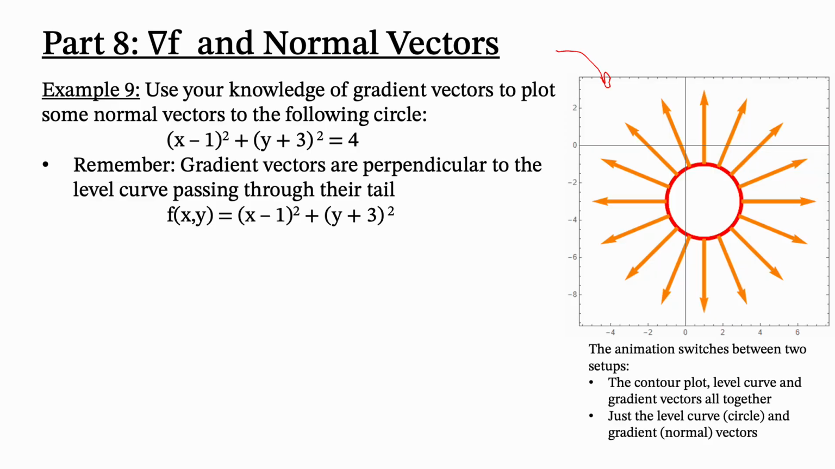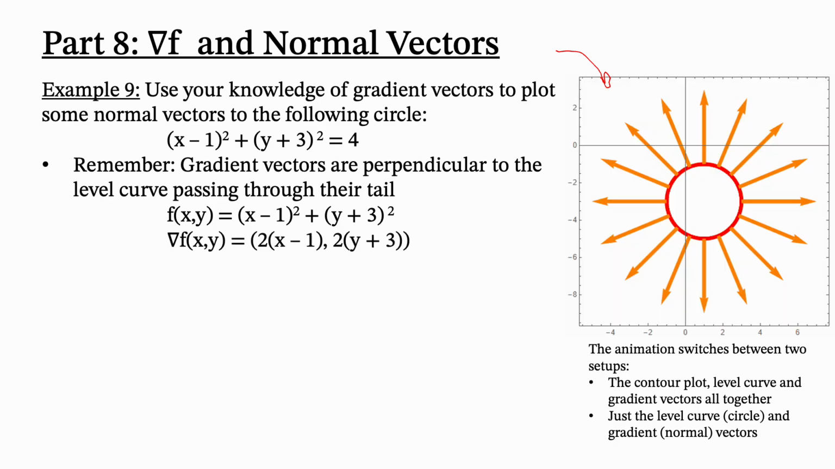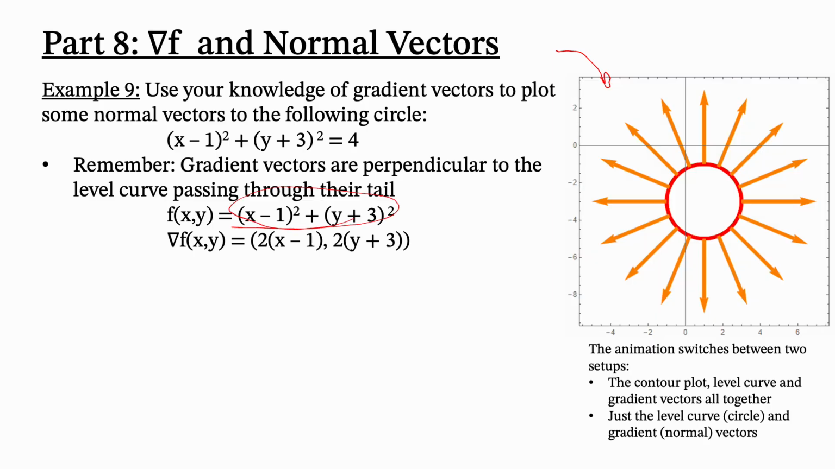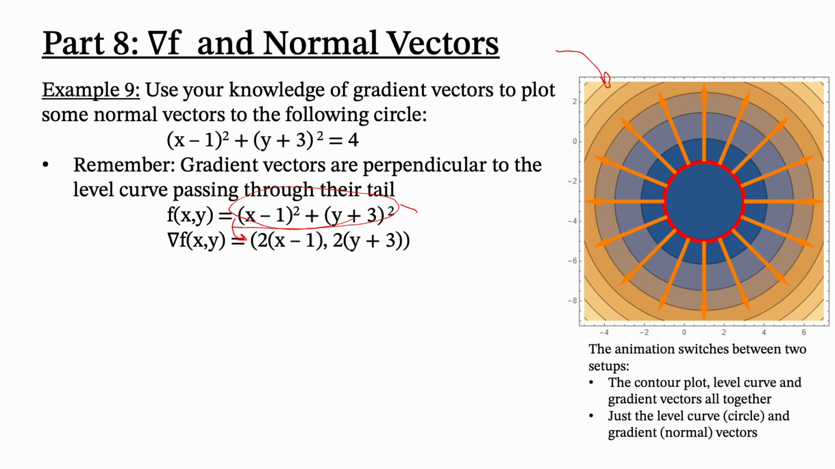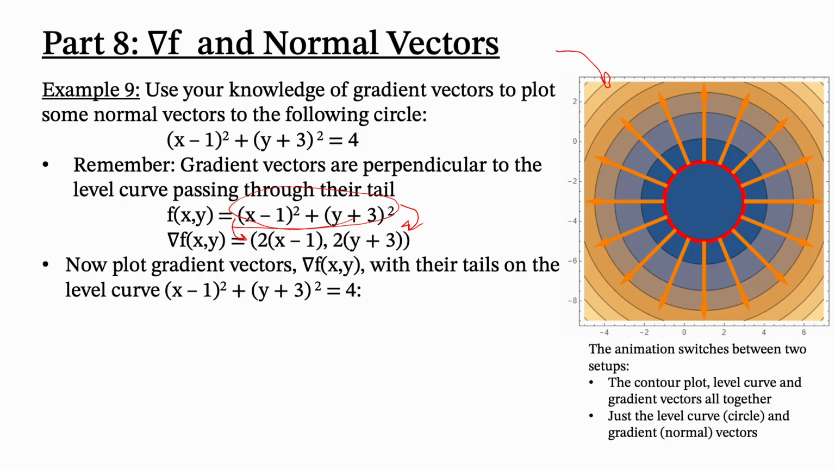All right, so here's my f(x, y) = (x - 1)² + (y + 3)². That's my paraboloid. The gradient is ⟨2(x - 1), 2(y + 3)⟩. Just take partial derivatives here. So the partial derivative of this function with respect to x is right here. With respect to y is right there in the y component. And this is just a cool plotting trick. You can use this in Desmos. So to plot some gradient vectors